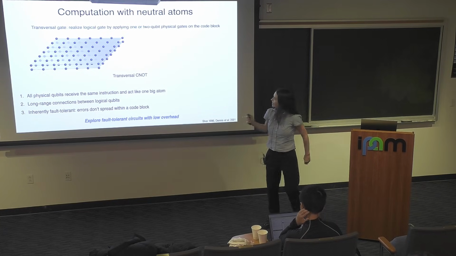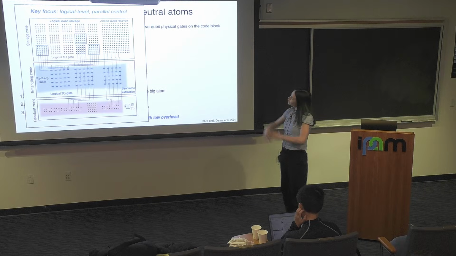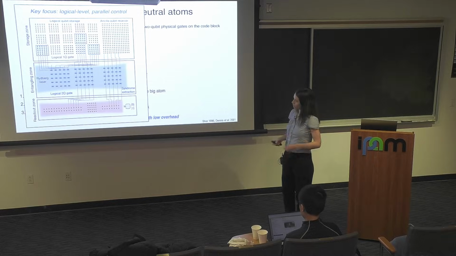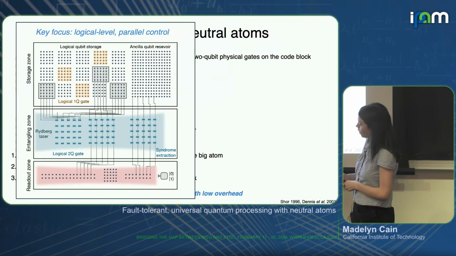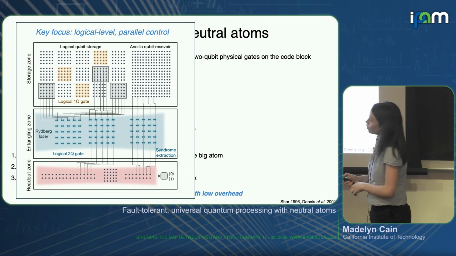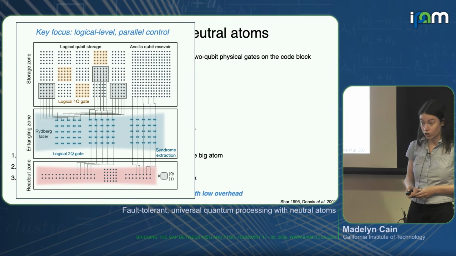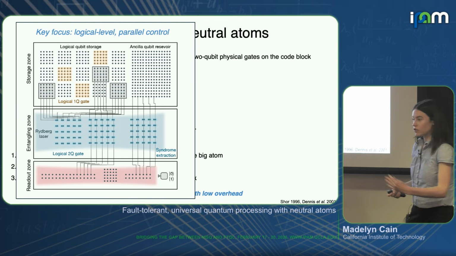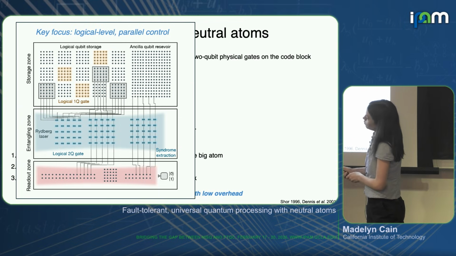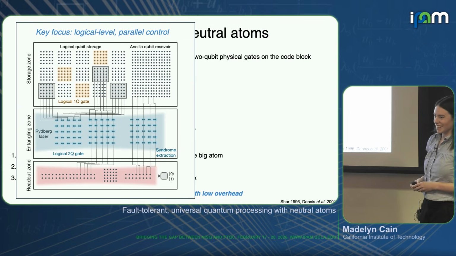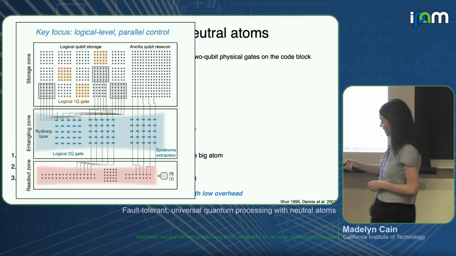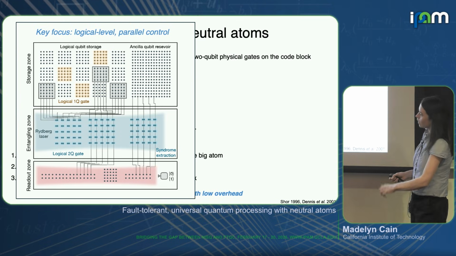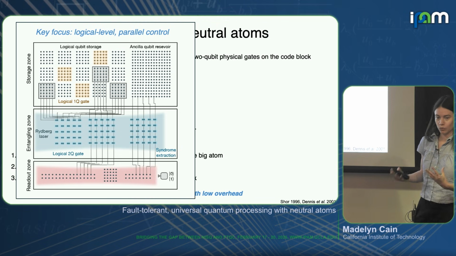All right, I will dive in then. So here I have a schematic of what the processor looks like. It's a zoned layout where we have a storage zone where qubits can idle and really be protected by this long coherence time. We have an entangling zone where the Rydberg laser can be pulsed on in order to do gates between pairs or even potentially triples of logical qubits using a CCZ gate. And finally, we have a readout zone where if we move atoms in, we can illuminate them and see which atoms were in the 0 or 1 state.